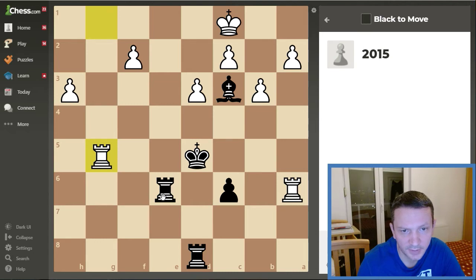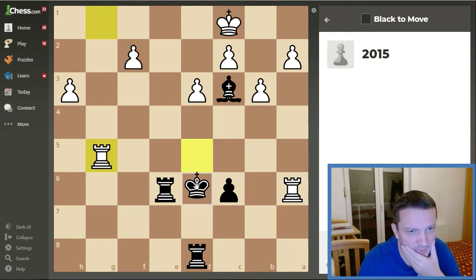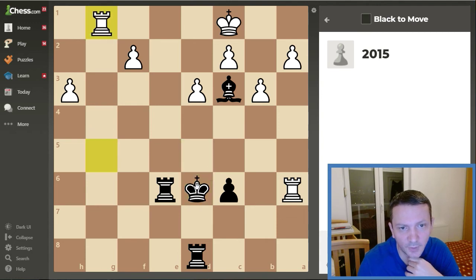Okay, here we have this nice threat. This is actually a checkmate, but we are in a check now. So what to do here? How to avoid all this here? Okay, maybe simply doing this. Okay, now